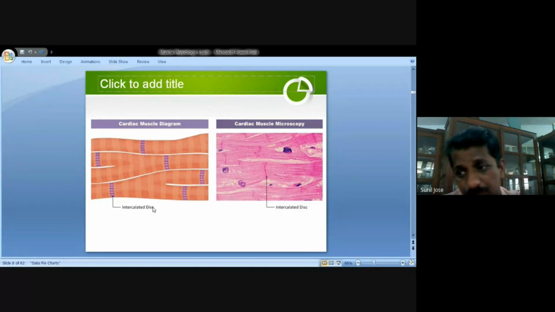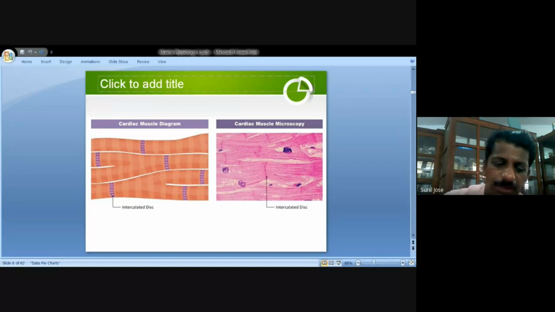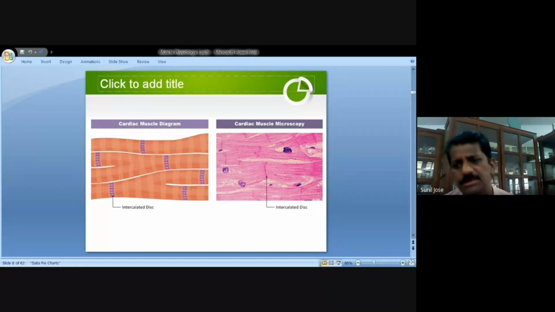Whereas if you go to the smooth muscle or to the skeletal muscle, you cannot see an intercalated disc. So intercalated discs are only present in cardiac muscle. So that is a characteristic, unique feature of cardiac muscle. So intercalated disc is a unique feature of cardiac muscle. So if there is a question, what do you mean by intercalated disc? Intercalated discs are simply certain disc-like structures present at the junction between two cardiac cells. So that is one of the important features of a cardiac cell.